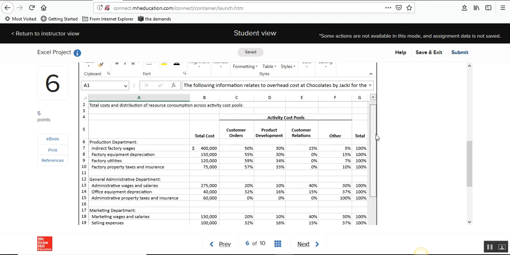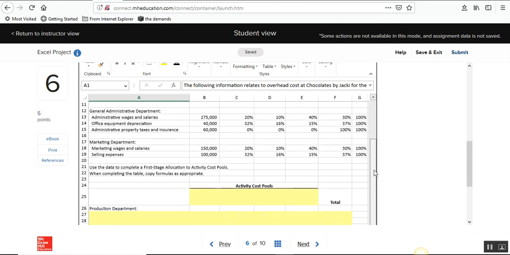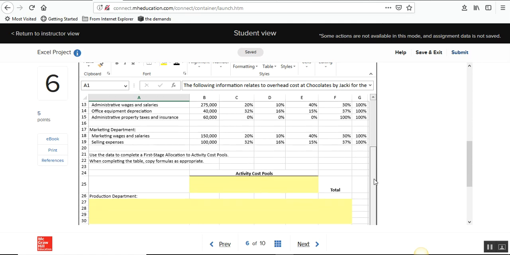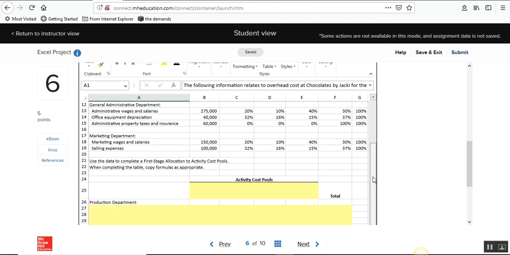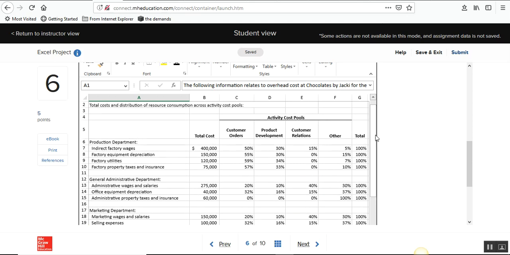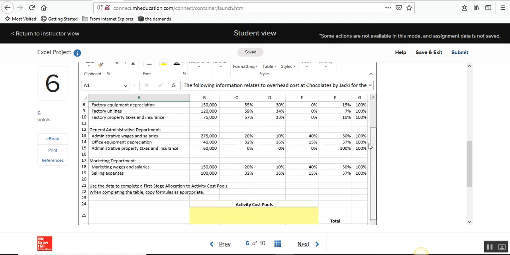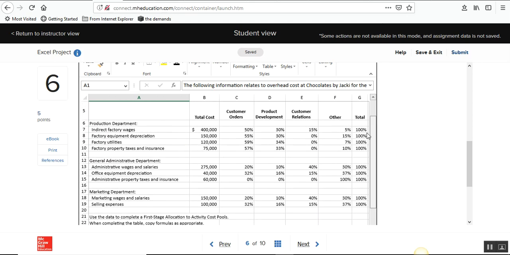But again, what you're doing is you're looking at these activity cost pools, and you're going to complete a first stage allocation using the activity cost pools. The activity cost pools are going to refer back to these items here: customer orders, product development, customer relations, and other. And you're going to do the cost allocation for the production department based on the total cost that you have here,